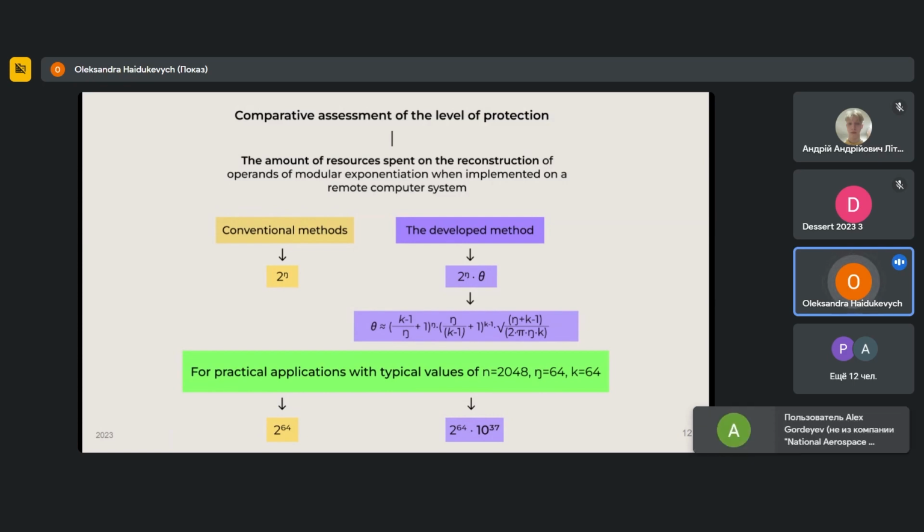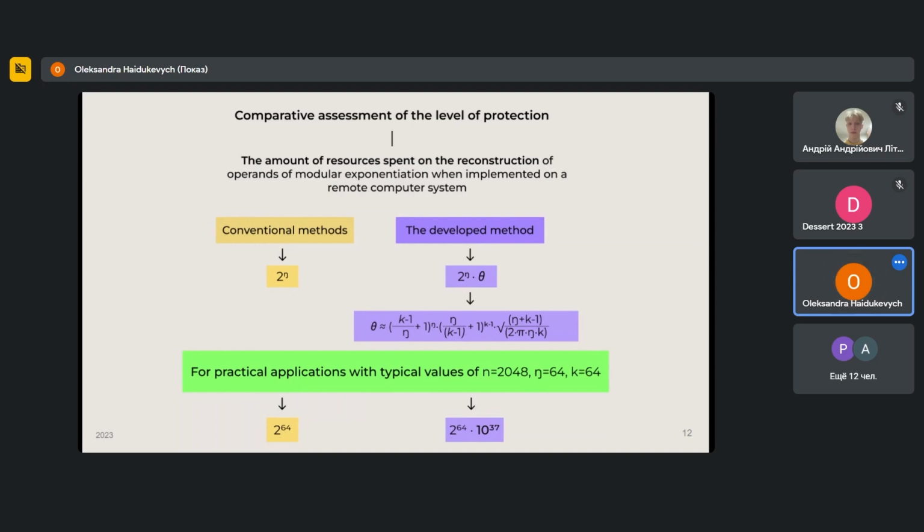Unlike other methods, our approach involves transmitting K intermediate data from a remote computer system. This unique aspect allows us, in contrast to conventional methods, to process the Q code from K points. Consequently, the value of the Q component greatly surpasses the actual number of digit nu processed on the microcontroller. This considerable expansion of the Q value range significantly heightens the difficulty for potential attackers attempting to recover the real